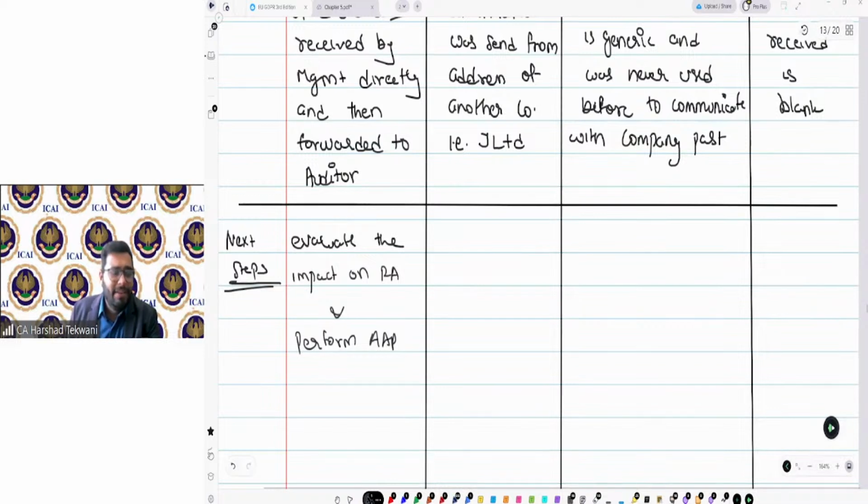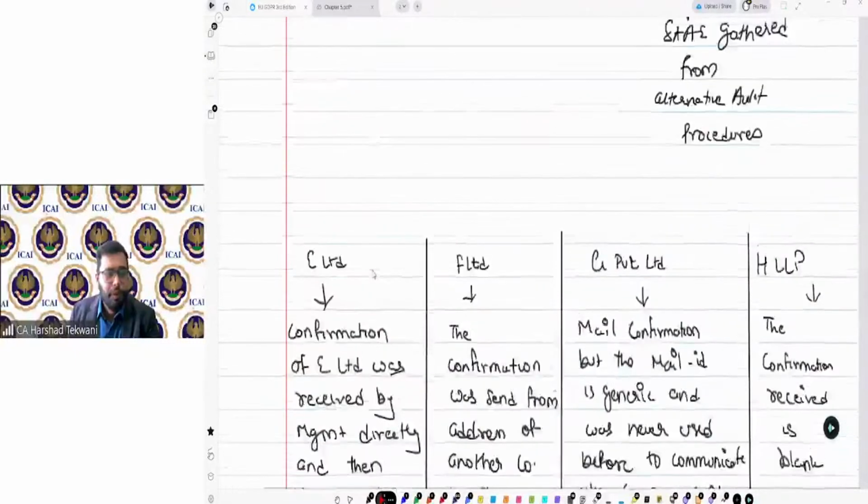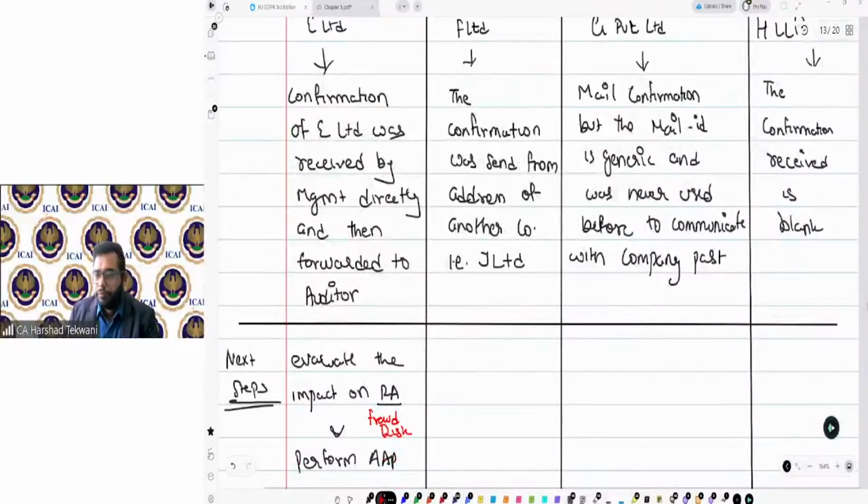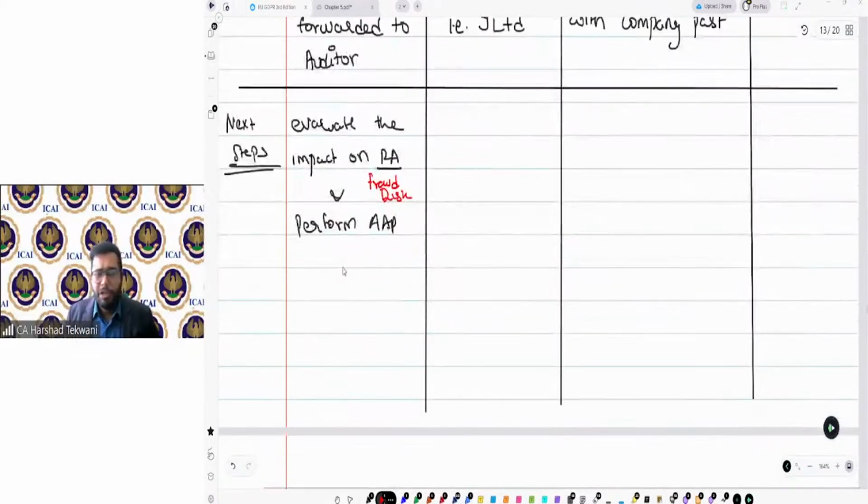But when I say risk assessment, I need to think about fraud risk over here; the chances of fraud risk are something I need to check. Are you getting my point? This is the theoretical part that I'm talking about: evaluate the impact on risk assessment and perform alternate audit procedures.